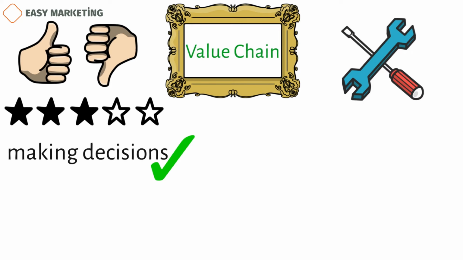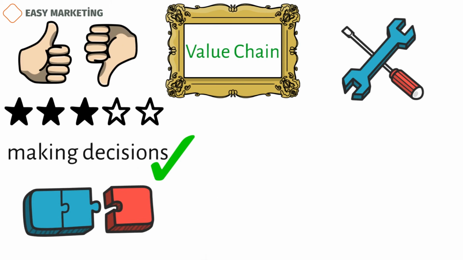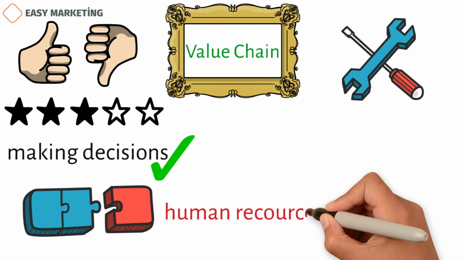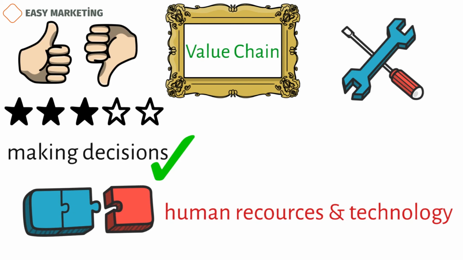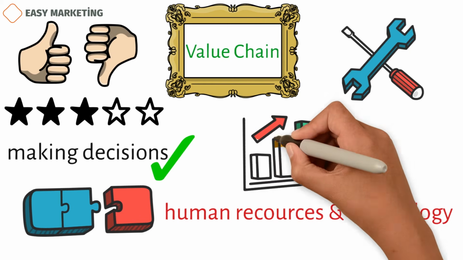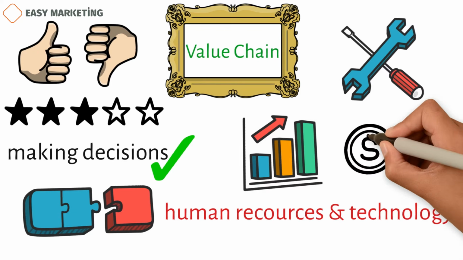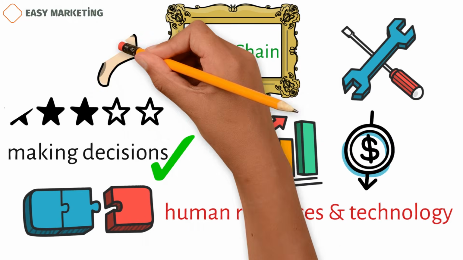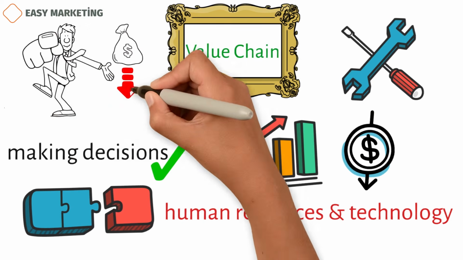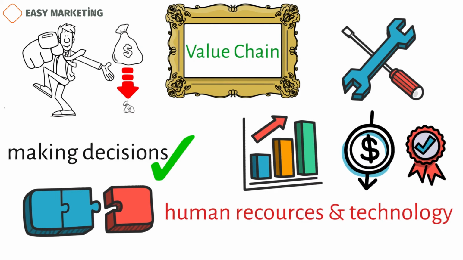Find out how the business's different parts work together and depend on each other. For example, problems with how human resources are managed and with technology can affect almost every part of a business. Optimize activities to boost output and cut costs as much as possible. Make your prices lower than your competitors. Know your main skills and where you can improve.